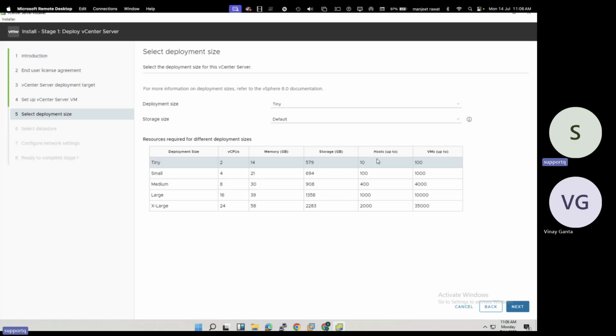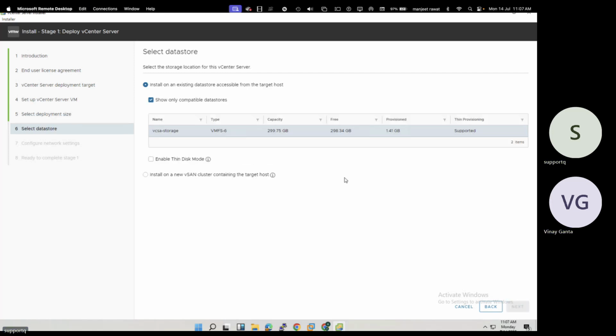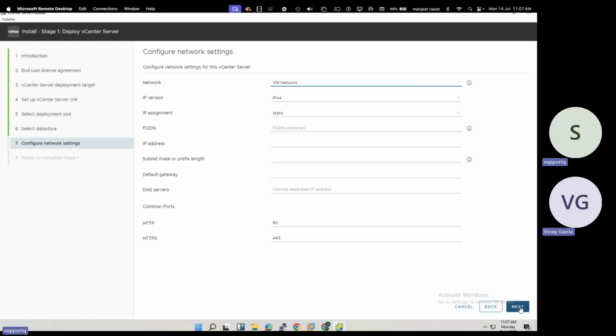It will help us to connect up to 10 hosts, 100 VMs; 100 hosts, 1000 VMs; 400 hosts, 4000 VMs; 1000 hosts, 10,000 VMs; 2000 hosts and 35,000 VMs. But the configuration is also different. I'm going to proceed with tiny. Next, you must enable thin disk, because it will adjust the minimum hard disk space. Next, this is the panel where we can provide